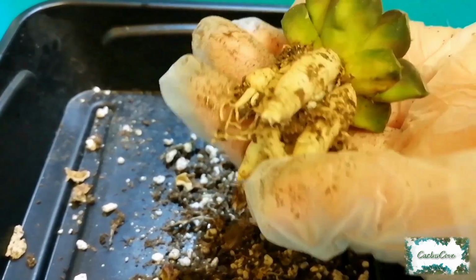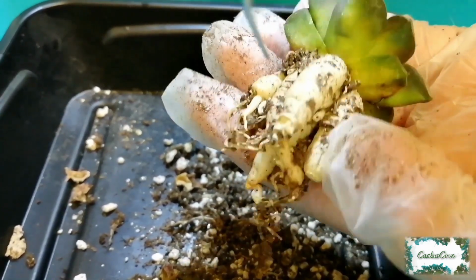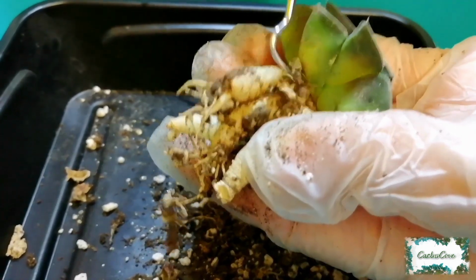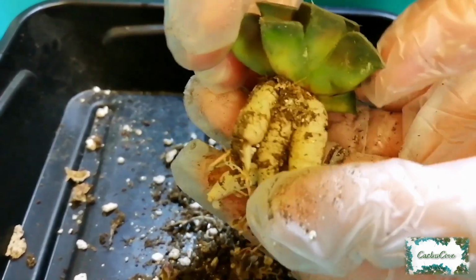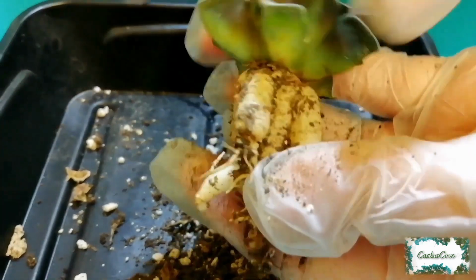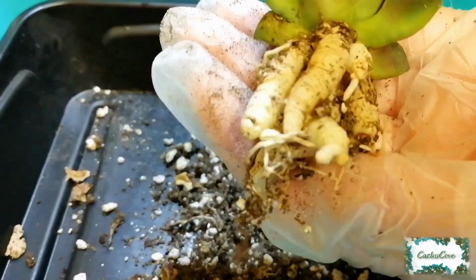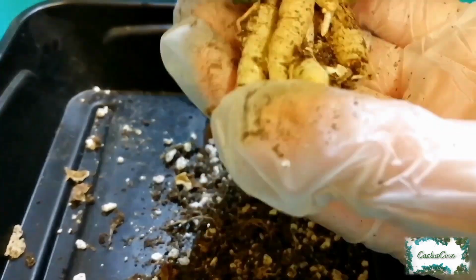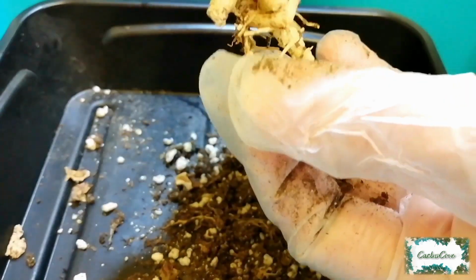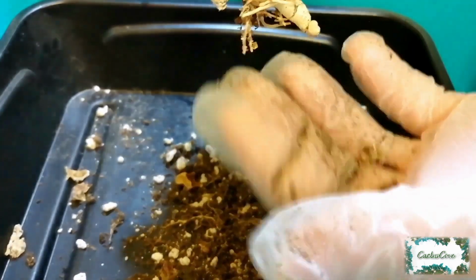So I've already checked this for pests and I can't see any issues in the root ball. I can't see any mealybugs, thank goodness. So this has come from a specialist grower, Tony Irons Cacti. I originally bought my lithops from him, my very first lithops, and I've still got it today. It's doing very well. So that's all I'm going to take off now. And these little bits on the end, I just gently pull on them and then whatever's broken will just come